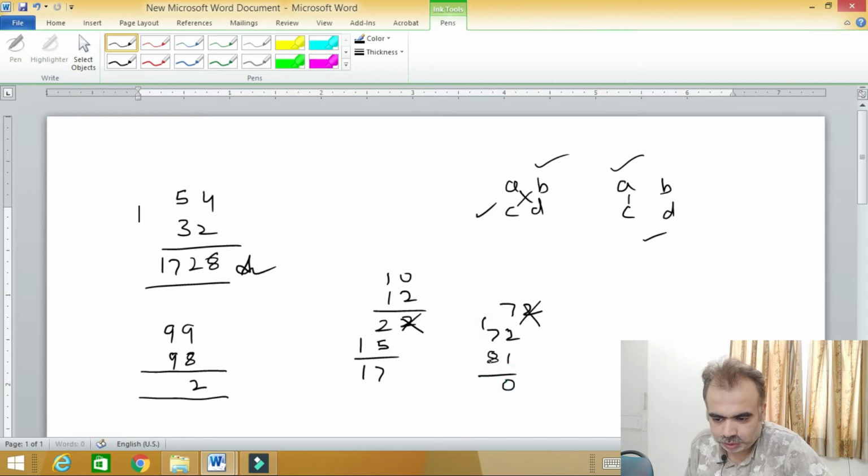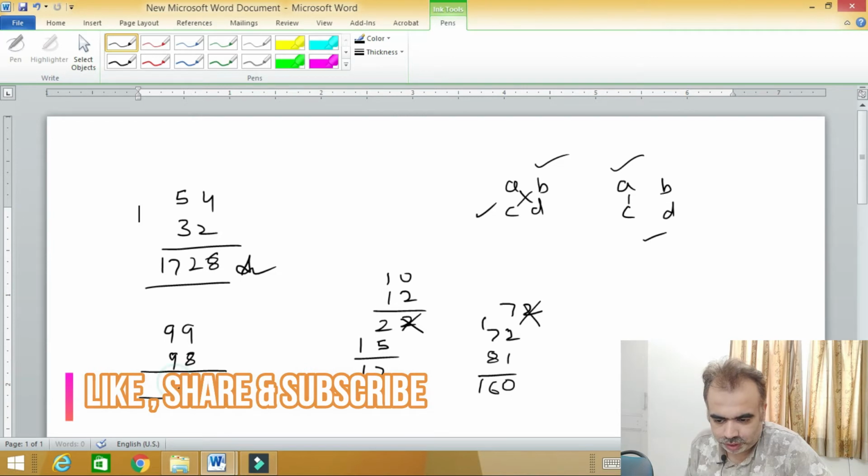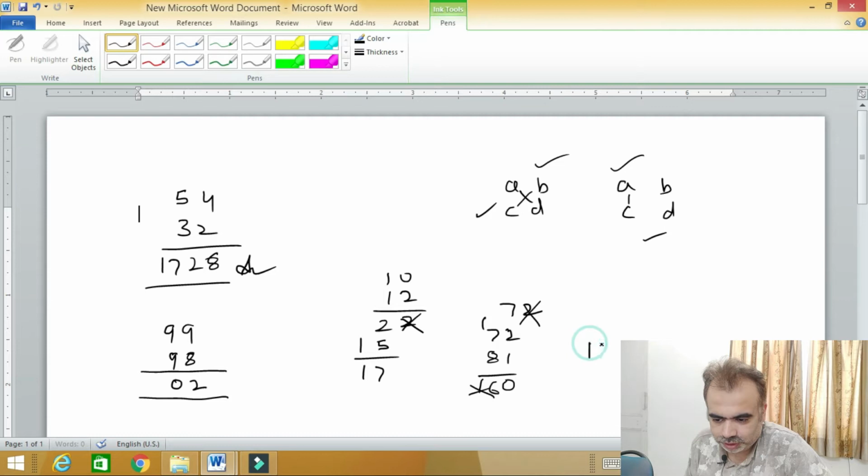This will be 0 and 16. With this 16 you have to put 0 here and carry this 16. With this 16 now you have to multiply these two. 9 9s are 81, and you have to add this. This is 7 and 8 1 9. This is 9702. We'll check it with the help of a calculator also.